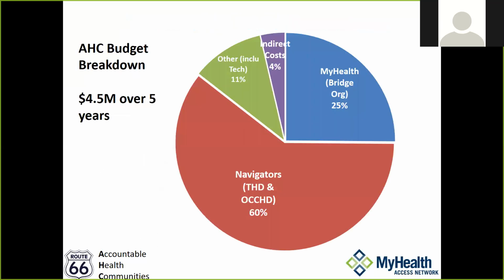So our budget to do this work is $4.5 million over 5 years, and that's just the way Medicare set out the budget. What you see here is that the bulk of our funding, about 60% of it, is to go to pay for those navigators and their navigation service. None of the money, unfortunately, is able to go to the social needs agencies themselves. They will need to continue to be funded under their current funding mechanisms, but the navigators will be routing clients to them as they come up.